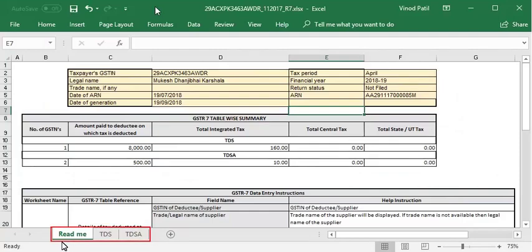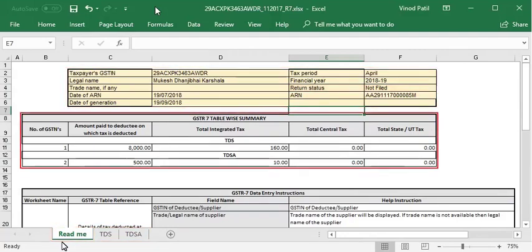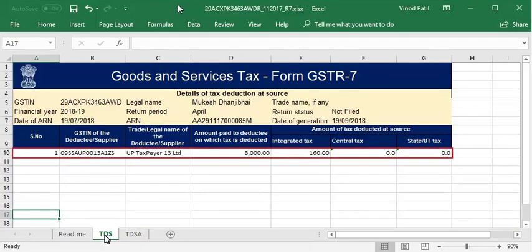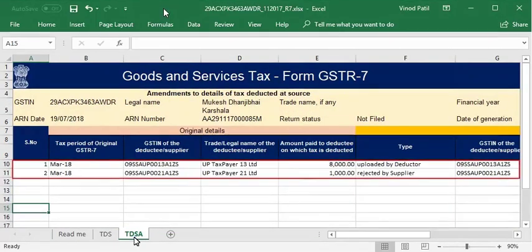This will have three sections. Read Me section contains return details and status, GSTR-7 table-wise summary, and data entry instructions. TDS section contains the TDS details you have entered and TDSA contains the TDS details you have amended.